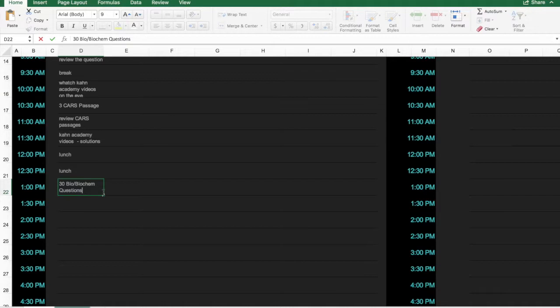Again, you're going to get practice assessing what your weaknesses are, because if you do a random block of questions from a QBank, so for example, if you have this course, you should have access to the UWorld QBank, and you can just go in there and choose biochem and choose 30 questions, and then it'll give you a random distribution of those questions. And that's going to be really good, again, to assess your weaknesses, and also just practice applying the strategies and learning how to go about reading those passages, because they're not such easy reads, especially when